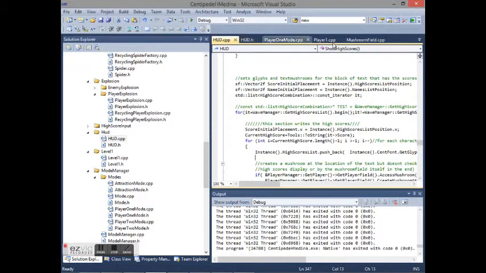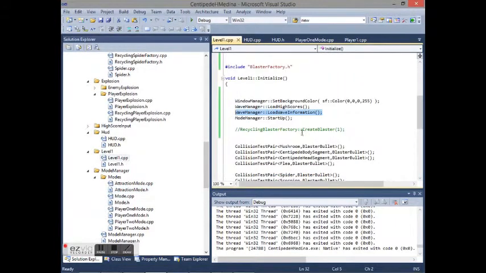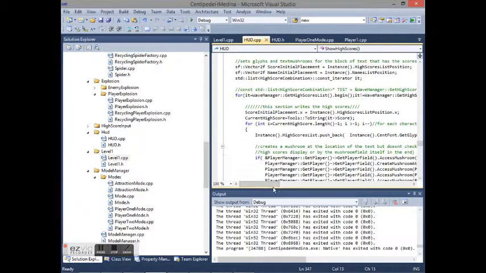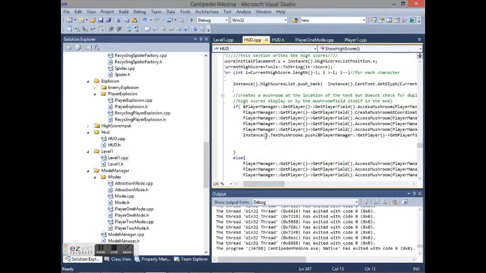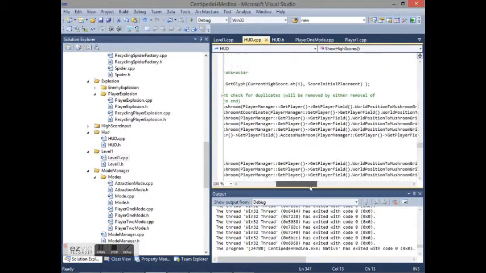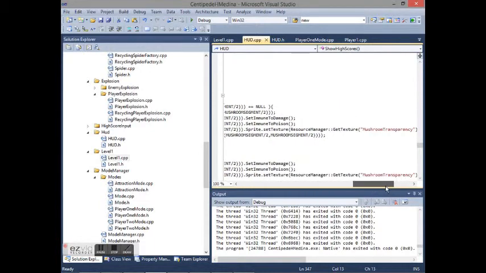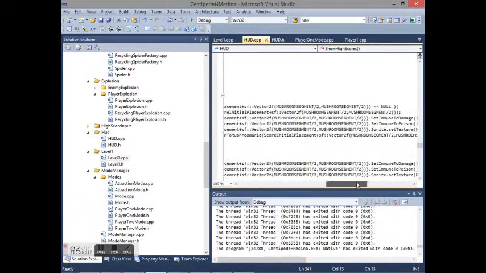Basically, same with the loading wave information. It only calls loading high scores once. And then after that, it manipulates the high scores in the actual list so that it doesn't have to read it more than once. So again, for each item in there, you write a high score and you make mushrooms on it to account for the centipedes